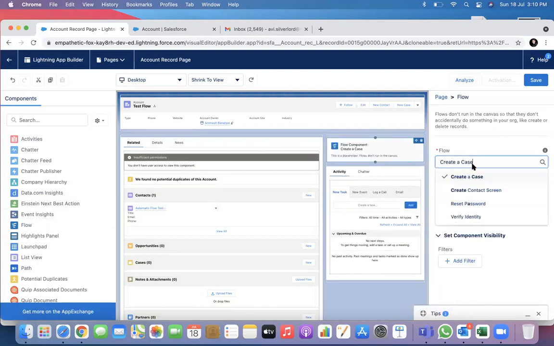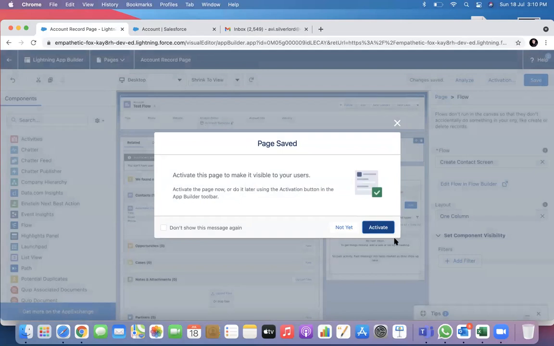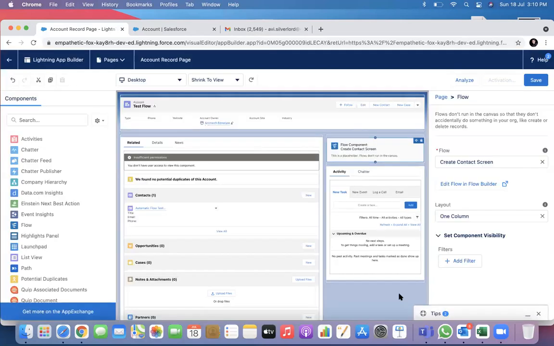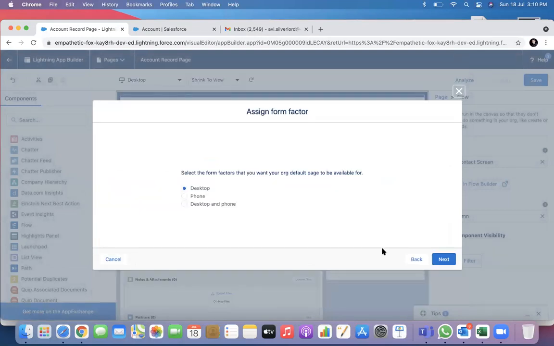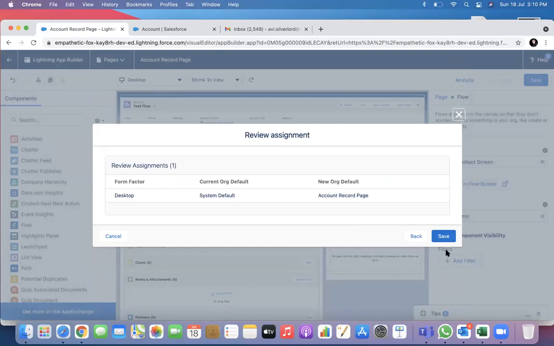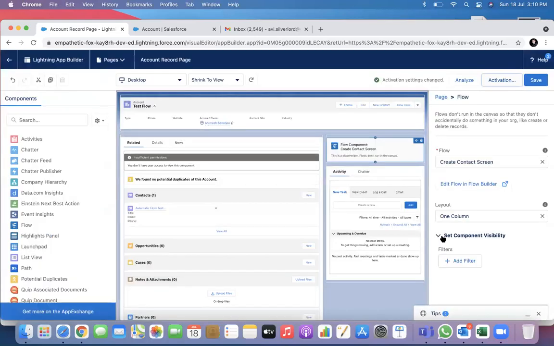So I will go and drop my flow here. And I will select create contact screen, save it, and activate it. And I will make it an org default. Right?